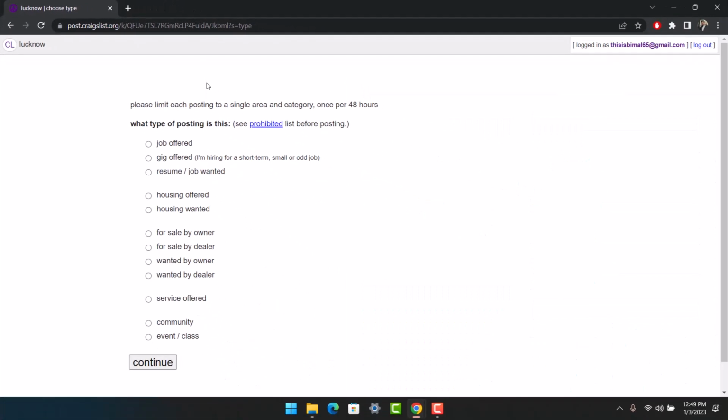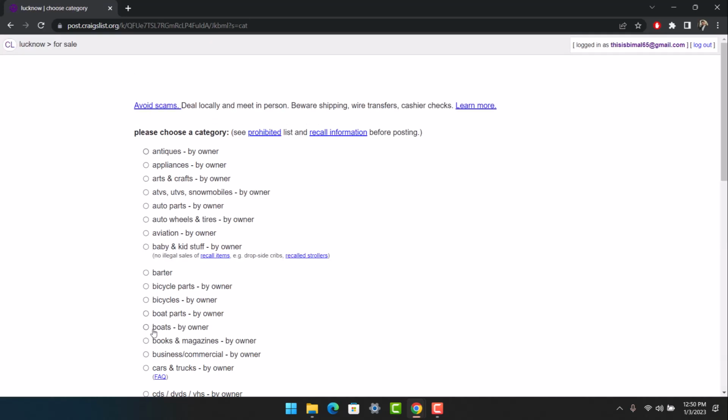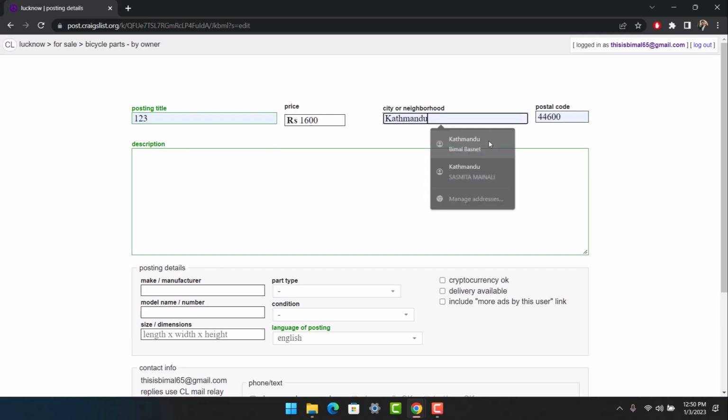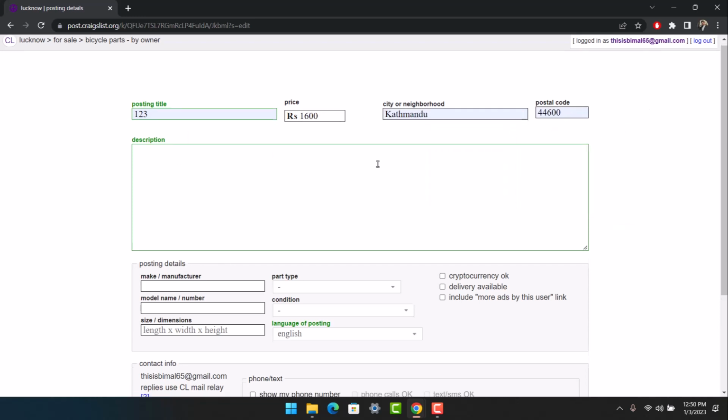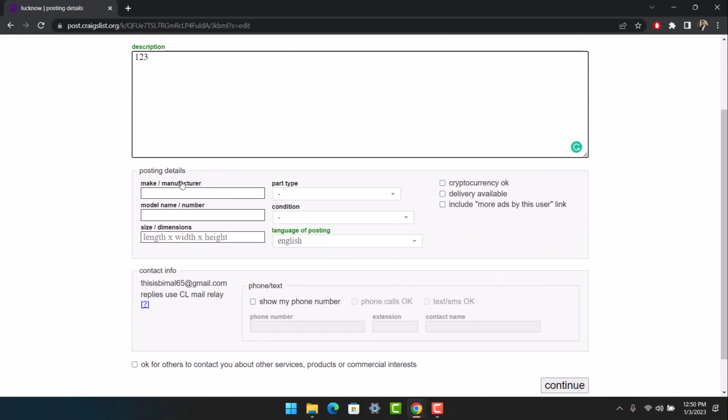Once you click on create a posting, it says please limit each posting to a single area and so on. So just choose the type of your posting. Once you select the type of your posting, also make sure to choose the category. Once you choose a category over here, you can simply enter your posting title, your price if you have a price for your posting, as well as your city or neighborhood and your valid zip code. You also want to make sure to enter some description over here, and after that, depending upon the type